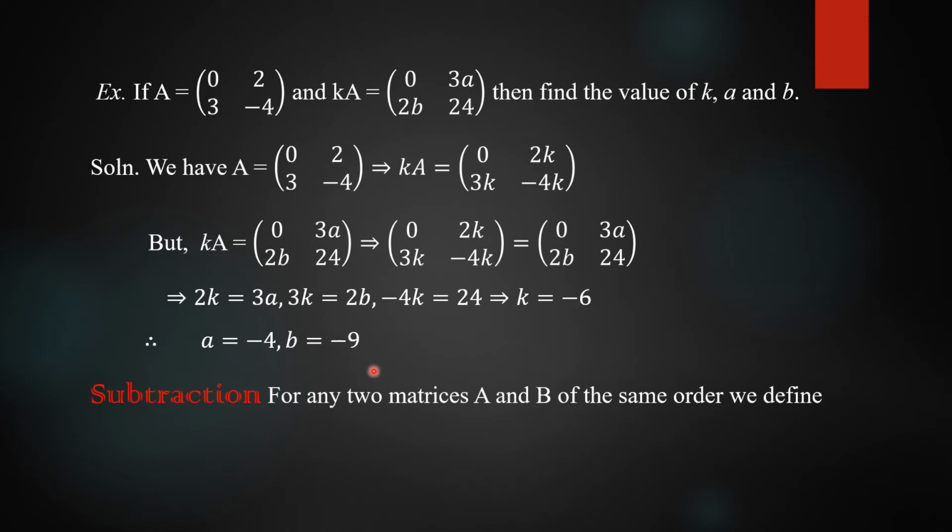Before that, you see subtraction. Subtraction is very simple. Actually, you think about it like this. Subtraction means it is one kind of addition. Say A minus B is nothing but A plus minus of B. That is the definition of subtraction. And every other property will be similar to addition. You see this one, A minus B, it is actually A plus of minus B. Need not discuss more about subtraction here. Okay.